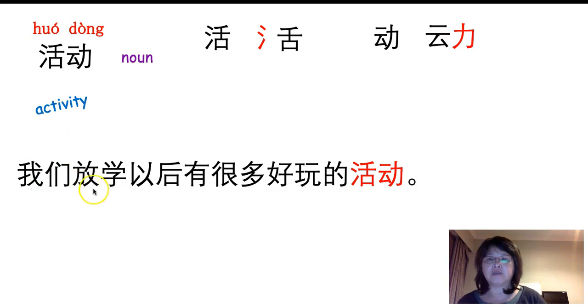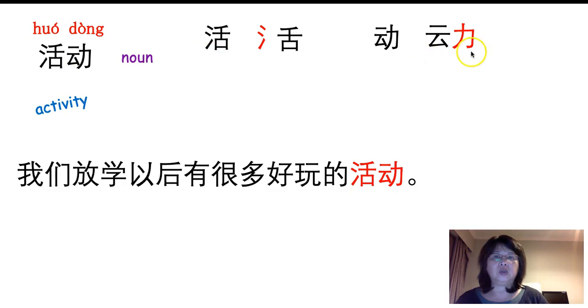So the sentence can be 放学以后，我们有很多好玩的活动。请跟我读。我们放学以后有很多好玩的活动。